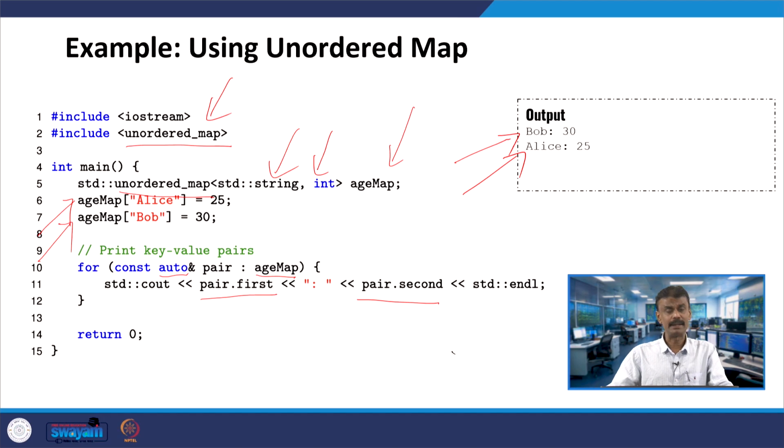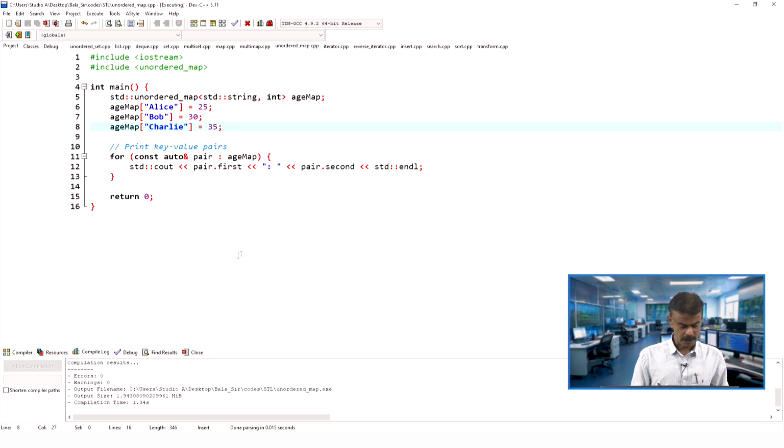So, it is an unordered map, you can try with the same name and then you can check how the duplicate is handled. Here in this case of map, if I put a duplicate, it will not work, whereas in the case of multi-map, you can try with the duplicate, unordered multi-map also you can try. Or we can go back to the same program, what we will do, we will put Alice equal to 35. Shall we go back to the program? Yeah. So, here I put Alice instead of Charlie.